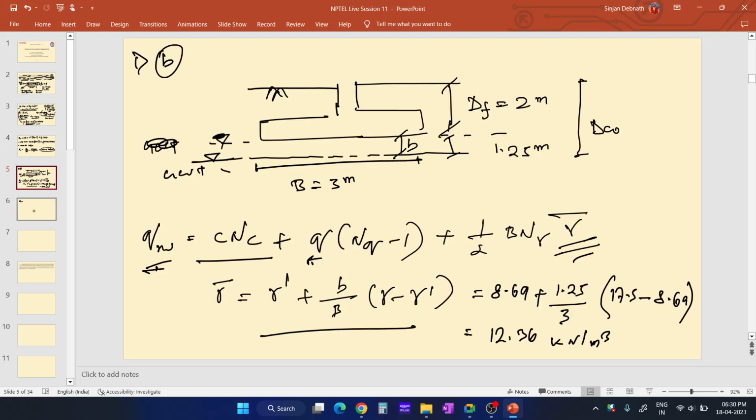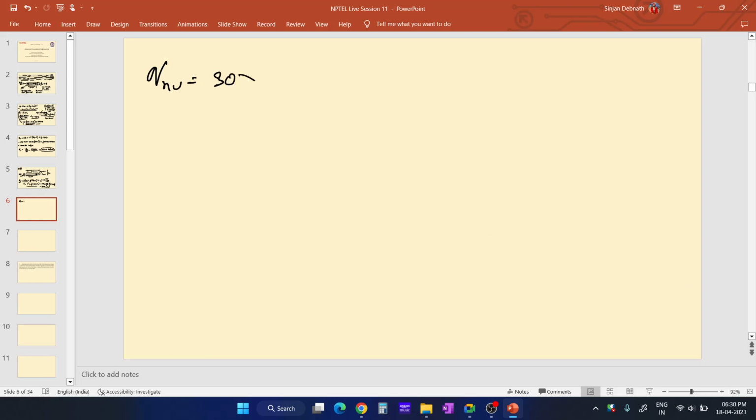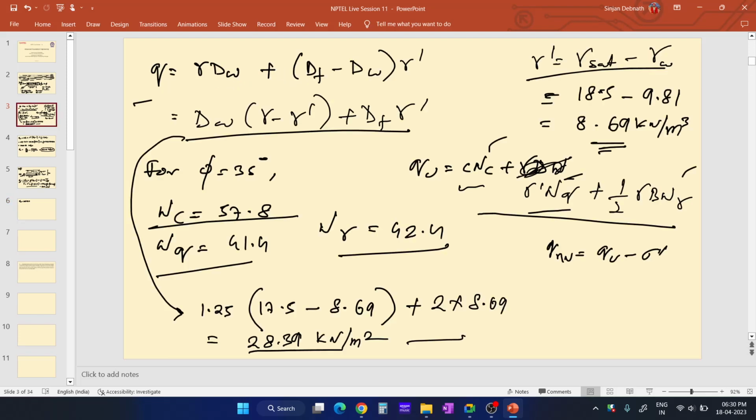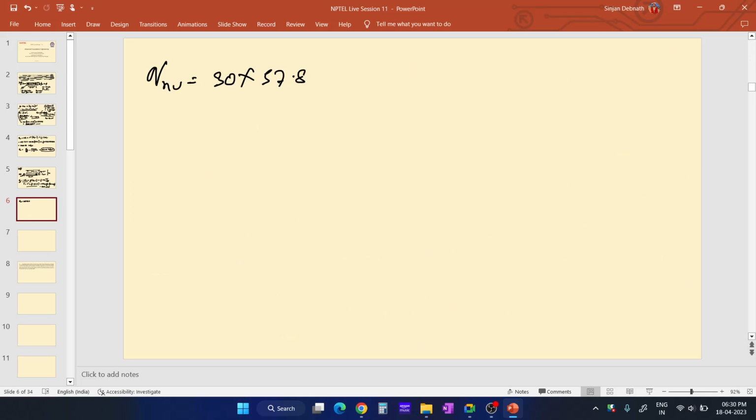It is C and C. Okay, C is how much? C is 30. NC is how much? NC is 57.8. It is already written over here. I have already written 27.8, this value, and plus